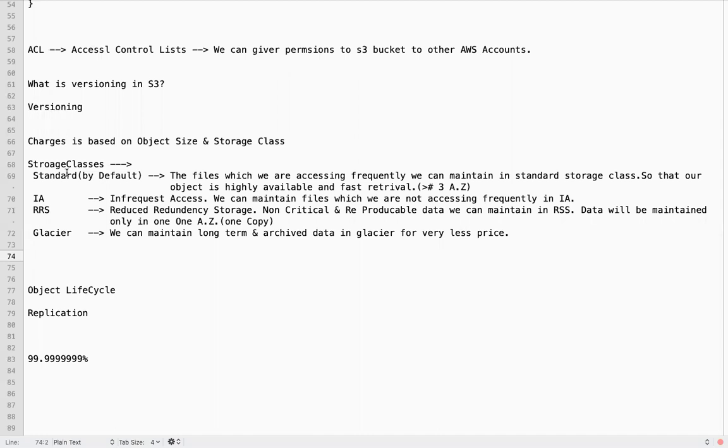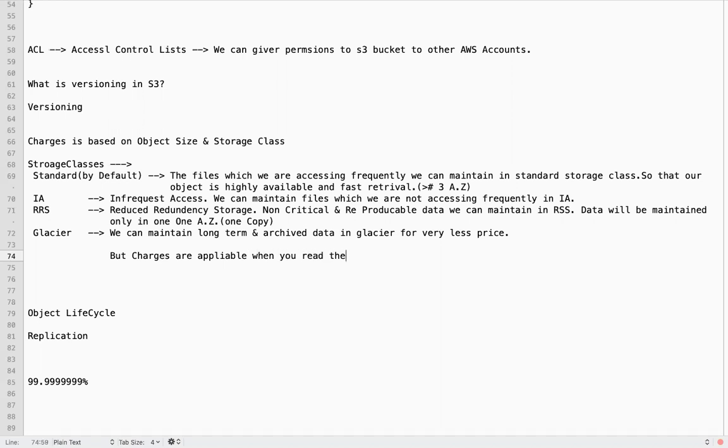So the archival data, the long-term data, I can maintain in Glacier at a very low price. But retrieval charges are applicable when you read or retrieve the data.